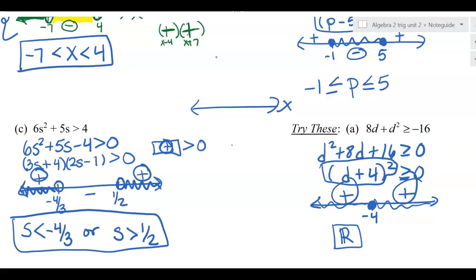If it says when is it positive and the whole thing was in the positive, then the answer would be everything. If it asks when is it less than 0, like in the negative, but the whole thing is positive, then the answer would be no solution, never. Is that okay with everybody? But do you see how the analysis is really important? If you don't know what's going on and what the problem's asking for, you really can't answer this inequality question. Okay? All right, so that is basically